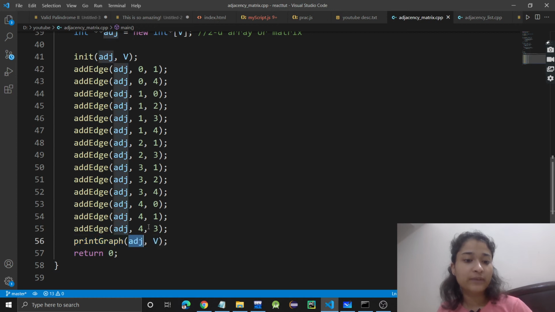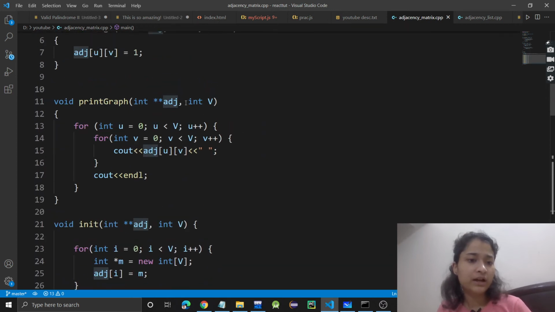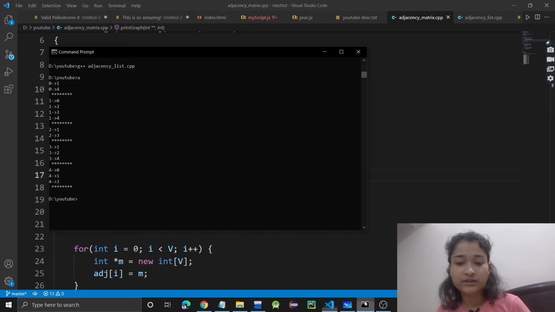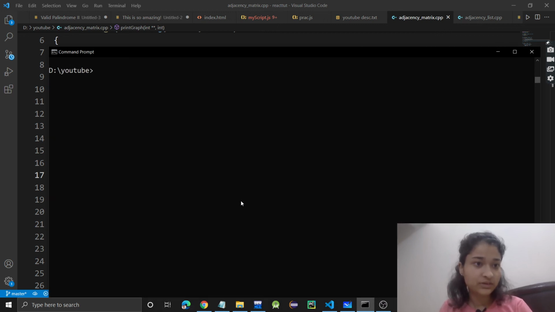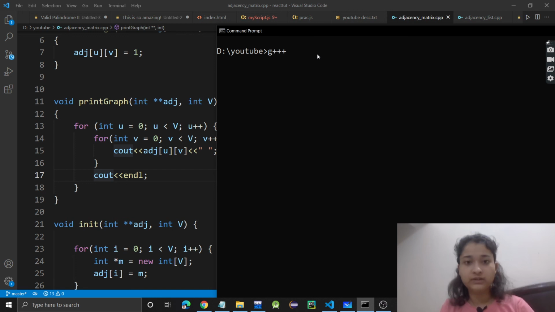So how to print the matrix? Simply, we print it as we print any matrix. This is the matrix and this is the number of vertices. I have nested for loops, and I am printing the value at each index. Okay, I hope you understood this. Just let me run this, it will be clearer. So see, here I am running this first of all.